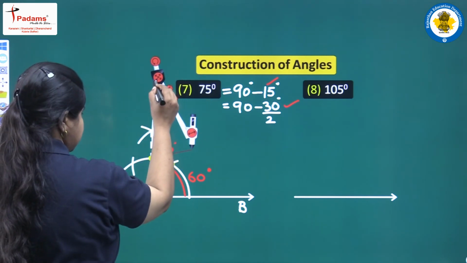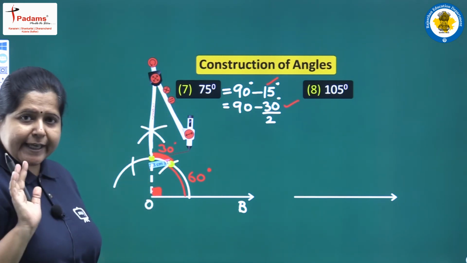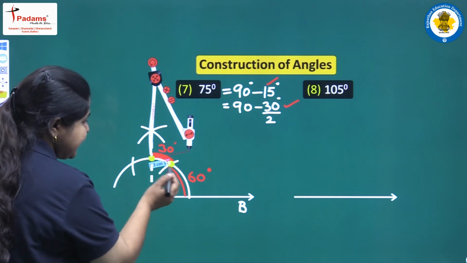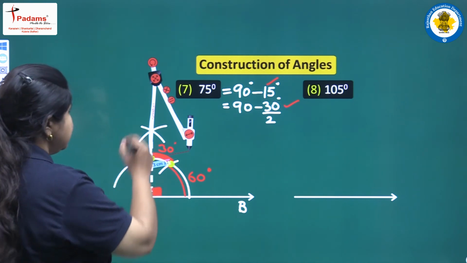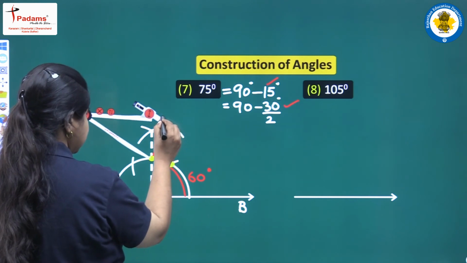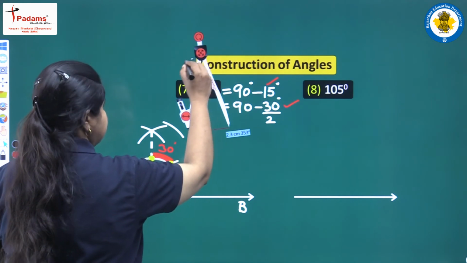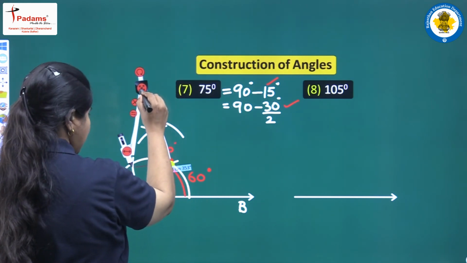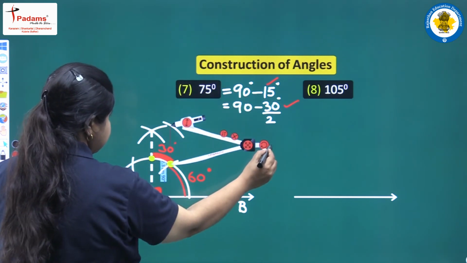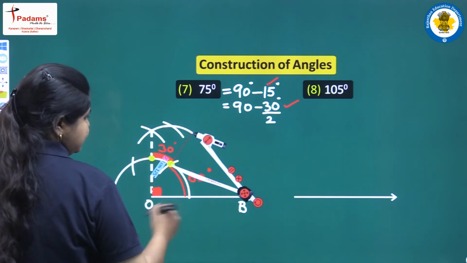First at this point, and remember whatever radius you choose, it's up to you. You can choose any convenient radius, but remember to take the same radius while keeping at these 2 yellow points. So here whatever the radius is, I am taking it and drawing one arc, you can see here. Next what? Interchange, bring this pointed end at this yellow point here, and now with the same radius, remember the radius will be the same, now again I am drawing an arc.